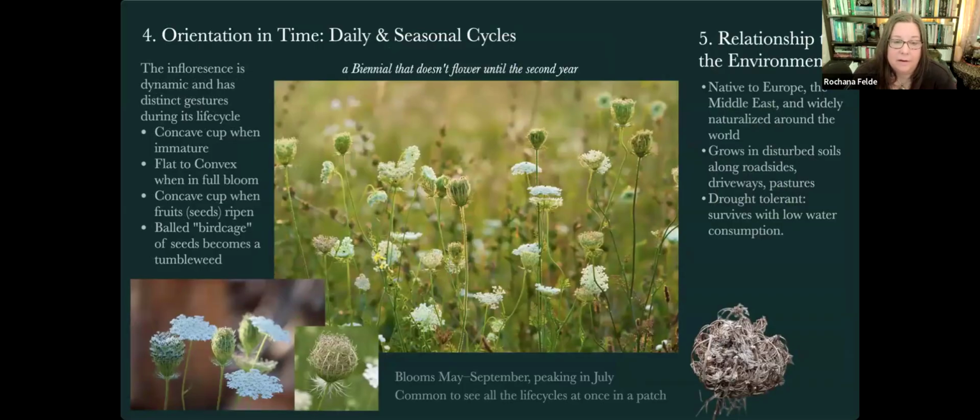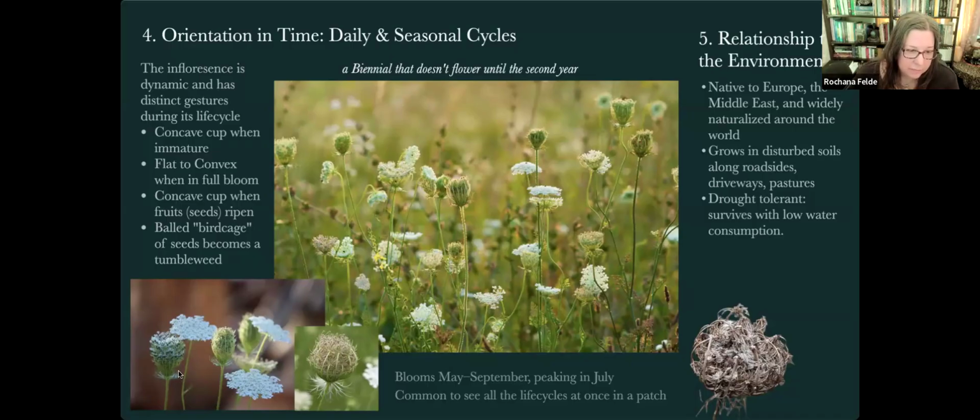And what I find so fascinating, one of the most interesting parts of this plant observation, and I've sat with it many times. I've made flower essence with it. I've tuned and made the essence 3 different times over the course of a few years. And what strikes me the most is how it's so dynamic in its growth, in its gesture during its life cycle. It starts out sort of concave with a concave cup when it's immature,